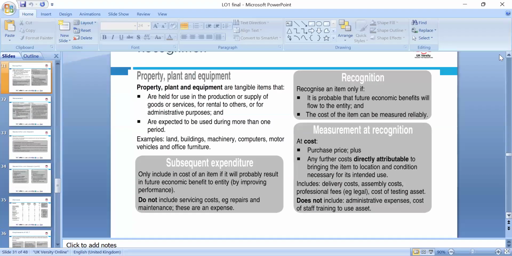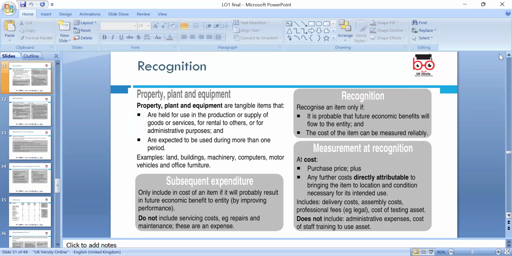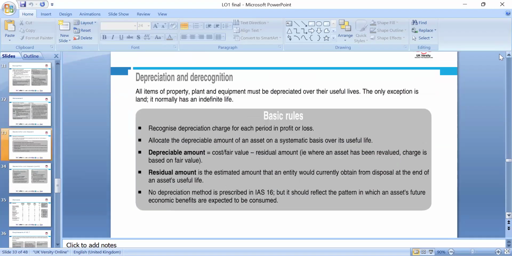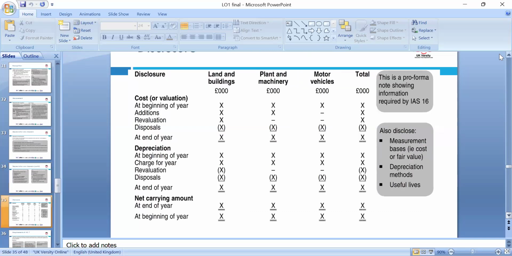Okay, so property, plant and equipment, which is IAS 16, not IFRS 16. IFRS 16 is new, but the international accounting standard covers assets and property, plant and equipment. The revaluation model we can use, and the basic rule is depreciation. Different methods, either the diminishing balance method or sum of digits method, but should be consistent with the method. If you want to change it, make sure the previous year figure is restated, otherwise the financial statement is not prepared as true and fair.